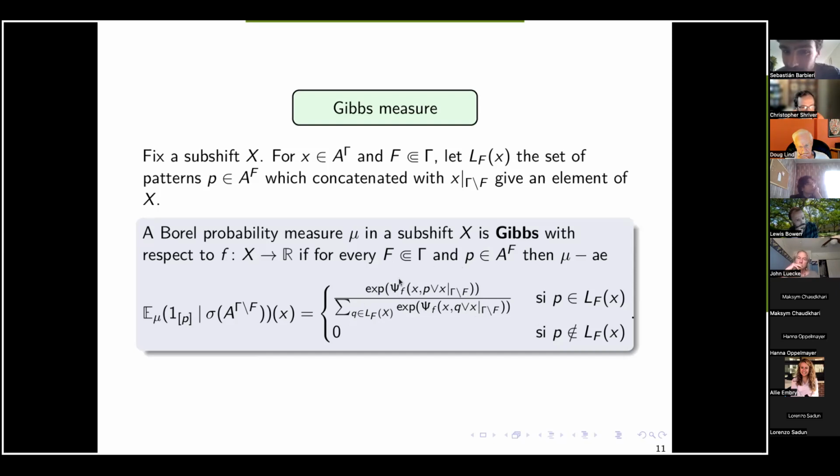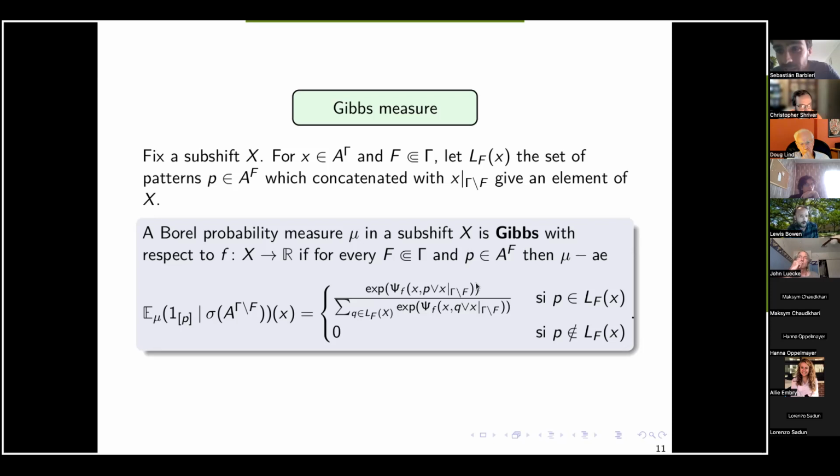This something is the cocycle that I gave you before, and I'm having two things. First, I'm going to have the original configuration x, and second, I'm going to have the configuration x where I erased the positions in F and I plugged in the pattern P. So essentially, I'm comparing what's the transfer of energy if I erase the positions in F and I plug in P. I'm summing over all the translations of the group, so I'm just testing with f how much I am gaining or losing by doing that. So that's going to be the energy contribution of this pattern here, conditional on x. And then I'm just going to take the Boltzmann distribution and declare that that's a Gibbs measure.